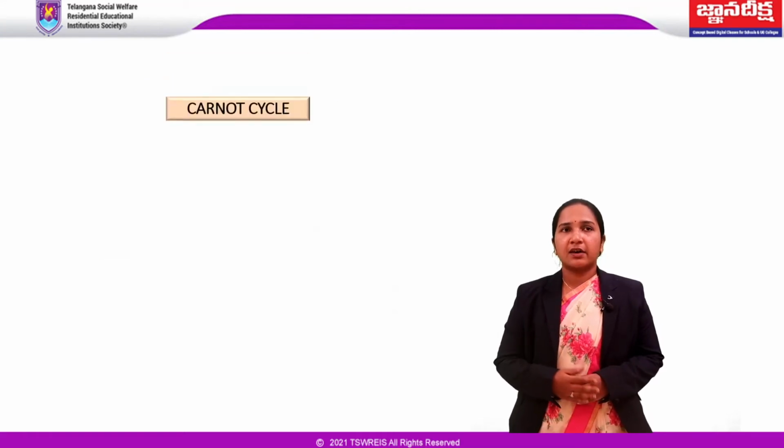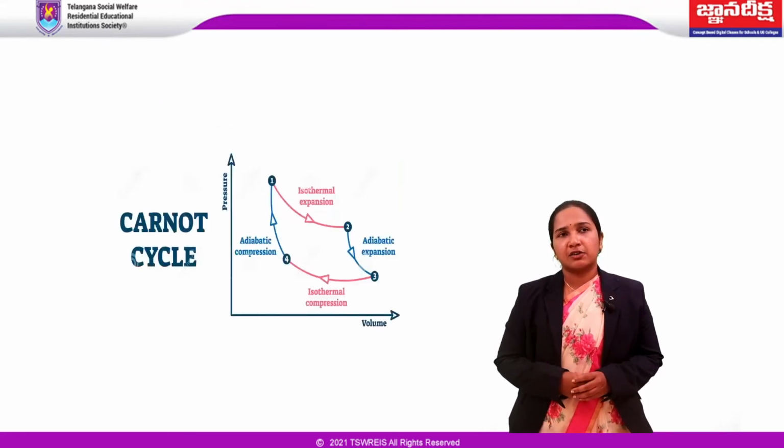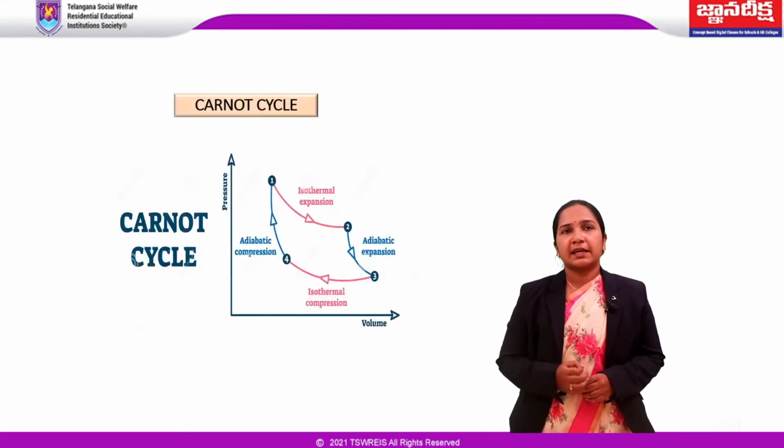Carnot cycle. The Carnot cycle is a thermodynamic process that describes how a fluid is used to convert thermal energy into work. It is related to the theory of heat engines. Carnot devised an ideal cycle of operation for a heat engine, known as the Carnot cycle. In one complete cycle of operation, there are 4 different thermodynamic processes. Let's study those 4 processes of the Carnot cycle.